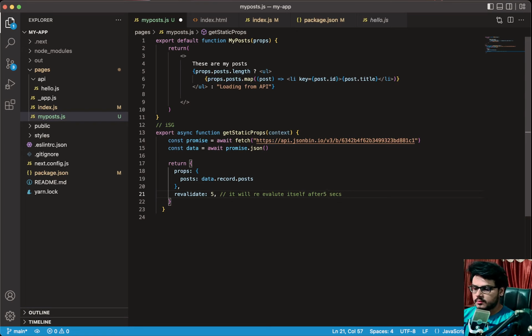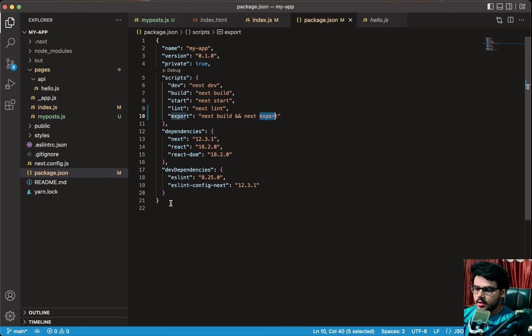Okay, just for the basics. And yeah, we have this ready. And earlier what we were doing, we were doing this particular thing, export, right? We were creating a build and then exporting it and then hosting it on the live server. Okay, but we can avoid that hassle as well by using a command that is